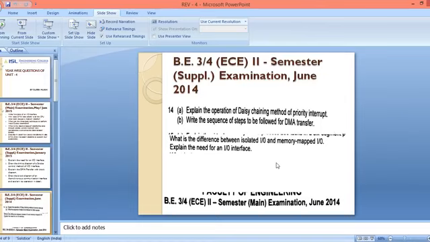I have told you that isolated IO is nothing but we will be using two different bunches of memory. One is for storing the memory addresses and the other is for storing your IO addresses. As we are having two different addresses, we say it is an isolated IO. Both the addresses signify the same thing, but based upon IO read and IO write or memory read and memory write, I will write those things down.